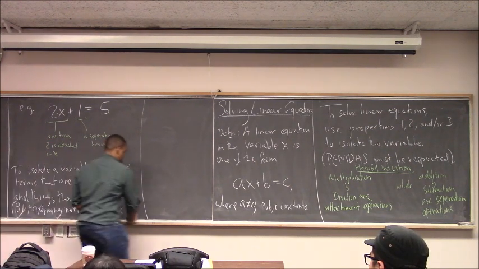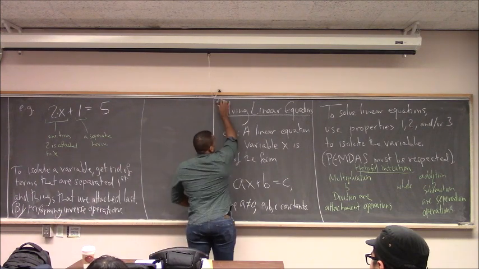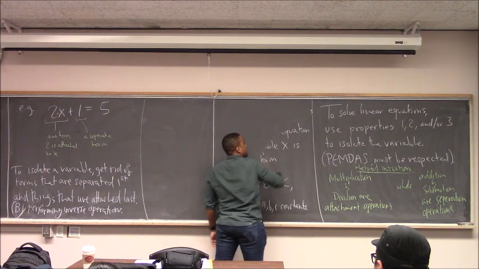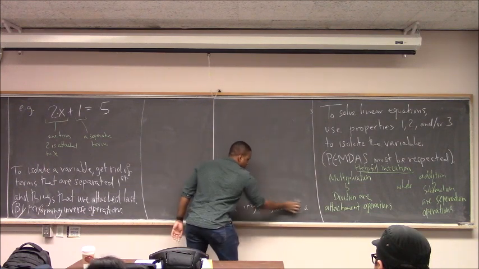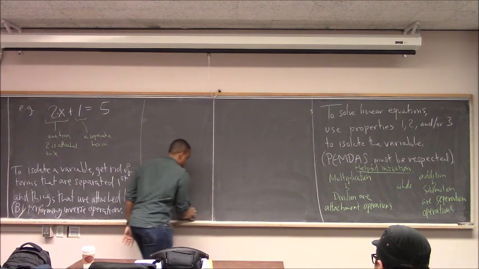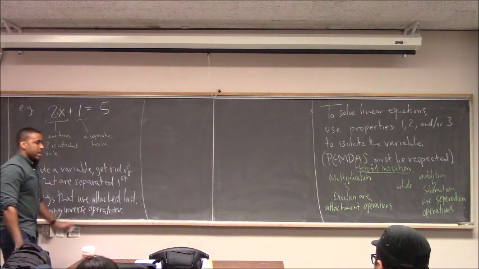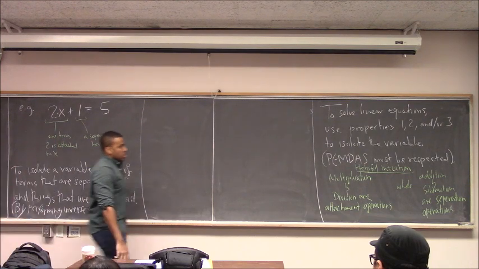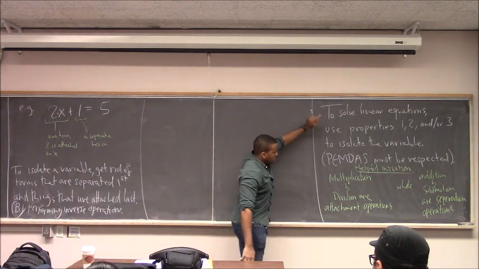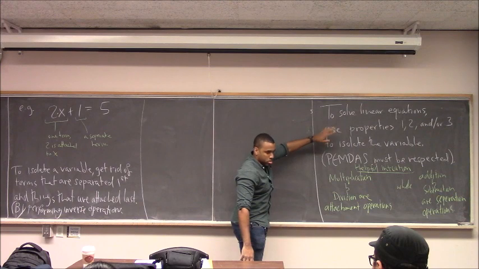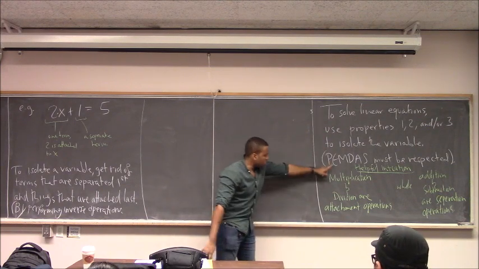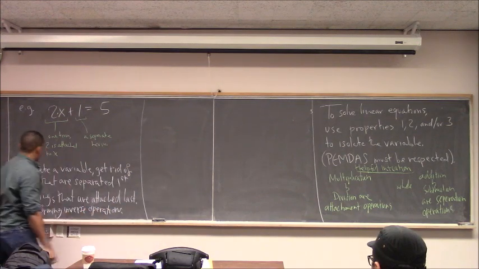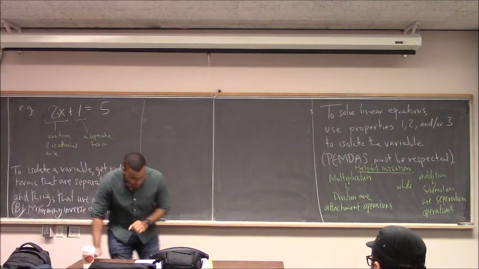Okay. So PEMDAS must be maintained. You can think of multiplication and division as having things attached, addition and subtraction as having things separated, and you want to isolate a variable by getting rid of separated parts and getting rid of attached parts afterwards. And just make sure PEMDAS is always respected. So if anything is in parentheses, you deal with that first. Anything raised to a power, you deal with that second, etc. Okay, so let's maybe